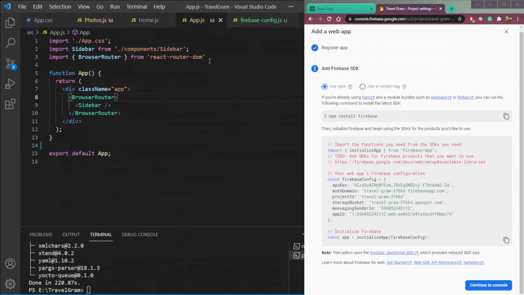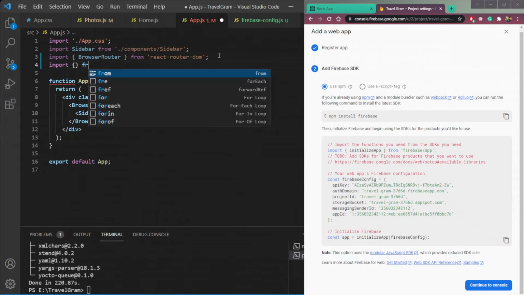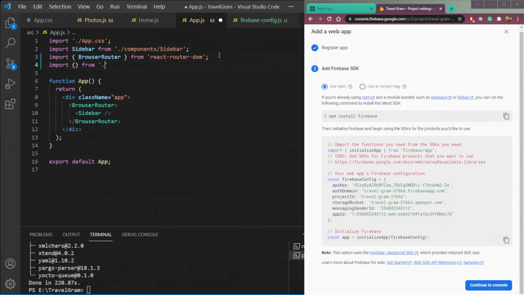Then import this app in the App.js. So import from, wait a second, not this, okay, firebaseConfig, and to import we need the app here. So app has now been imported. Fine.